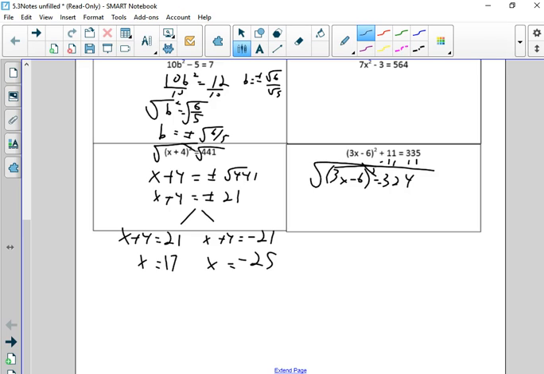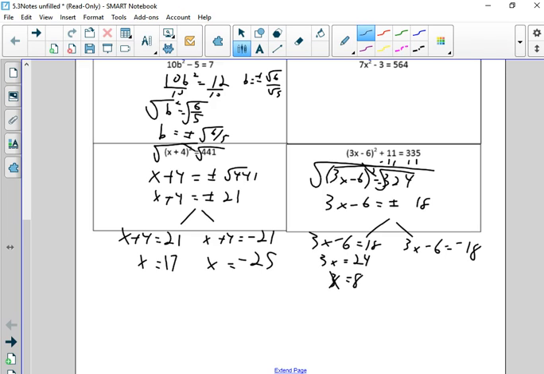Now, when we square root and cancel that, we square root here. Well, the square root of 324 is 18. So we get 3x minus 6 equals plus or minus 18. And this is where we branch off. We do two problems. 3x minus 6 equals positive 18, and 3x minus 6 equals negative 18. So we're going to add 6 to get 24, and divide by 3 and get 8. We're going to add 6 and get negative 12, because negative 18 plus 6 is negative 12, and then divide and get negative